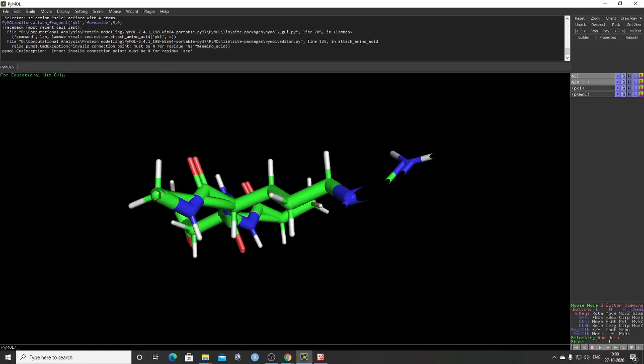This is a command line interface, right? PyMOL is a command line interface, like in our Windows we have the CMD command. So that is a command line. You have to type the command, and then you can get the molecule here. For example,